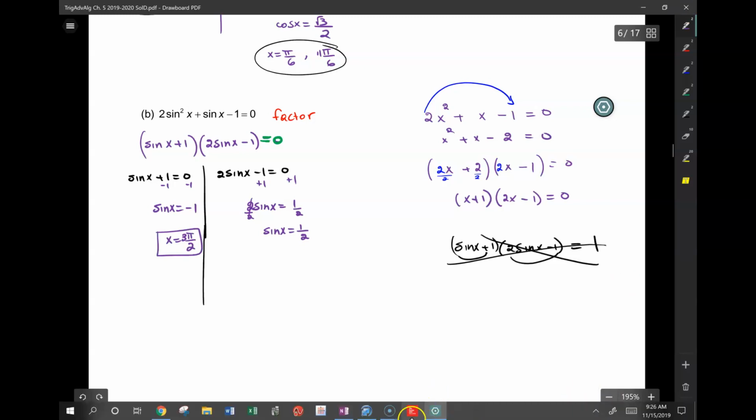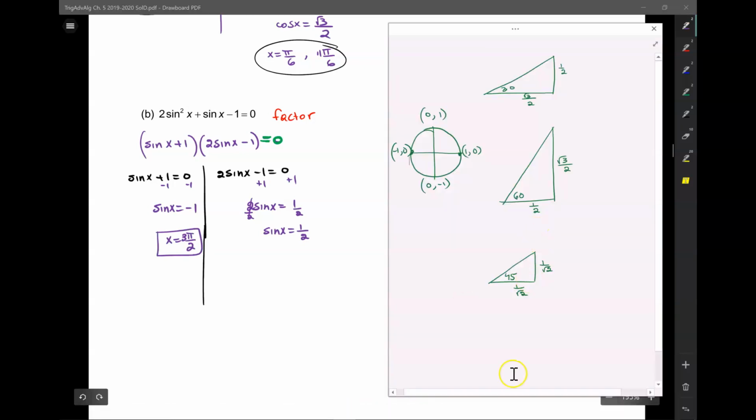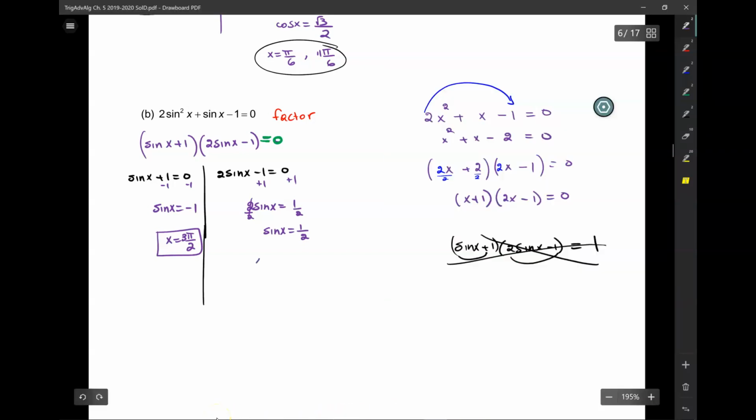Next, where is sine equal to 1/2? Pi over 6 again, but now I need 2 quadrants. So sine is positive here, and in the second quadrant, 5 pi over 6. Is it ever gonna be 5